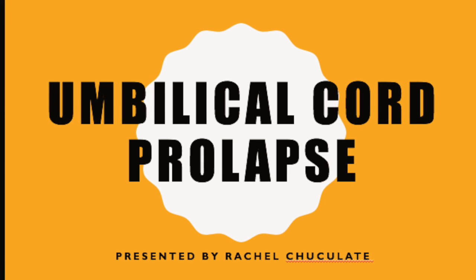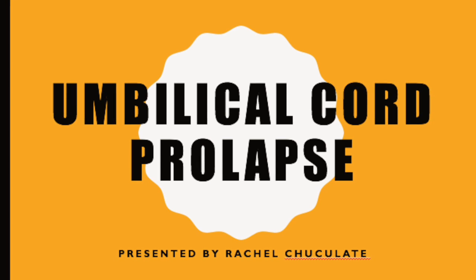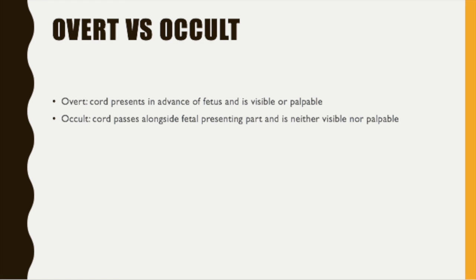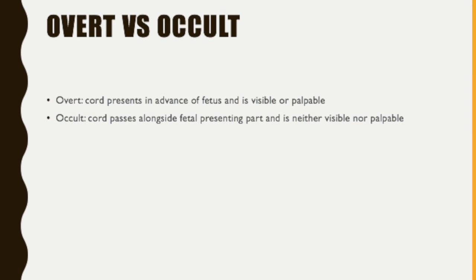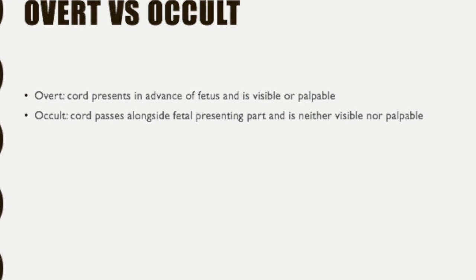Diagnosis is made by the presence of a mass within the vagina. It is often accompanied by sudden, severe fetal heart rate deceleration. The nurse must remember that the cord may be occultly or overtly prolapsed. There may be an actual loop extending into the vagina, or the cord may be lying alongside the presenting part,